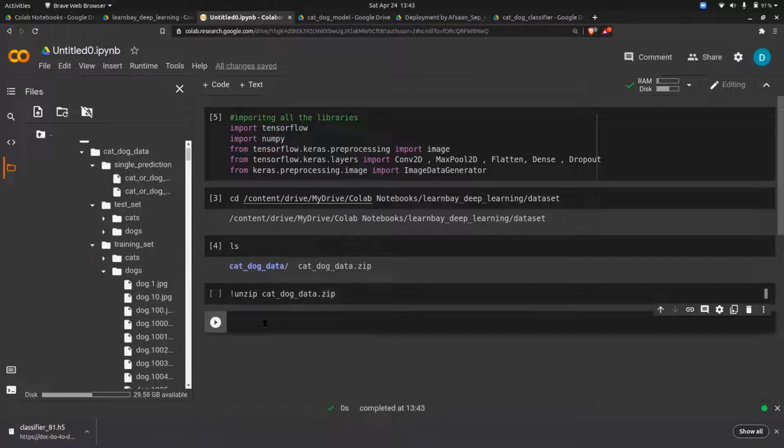ImageDataGenerator is a function. Suppose this is the image of a dog. ImageDataGenerator is used to multiply the images. Suppose you have 100 images, it will try to generate 200 images to increase our data. That's it, this is what ImageDataGenerator does. How will it increase the dataset? I will just show you with the help of an image on Google Drive. It will be better.